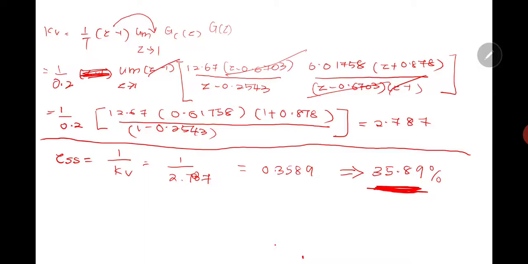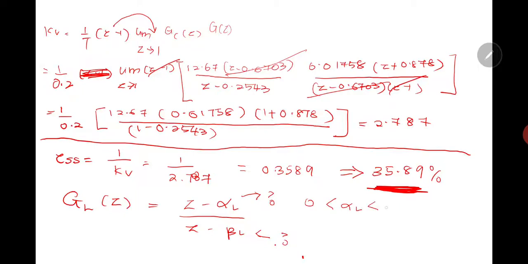To do this, the transfer function for the phase-lag compensator is Z minus alpha L over Z minus beta L. What is meant by this phase-lag compensator design is that we need to find alpha L and beta L. For alpha L, we can choose any value between 0 and 1. Let's say we choose alpha L to be 0.9. So we need to find beta L. Since